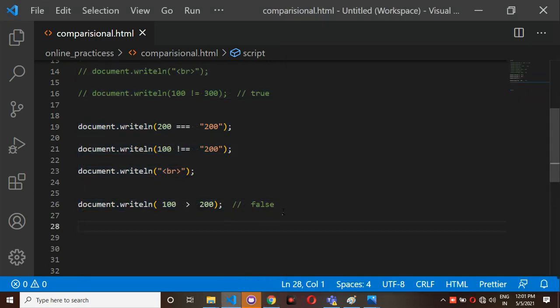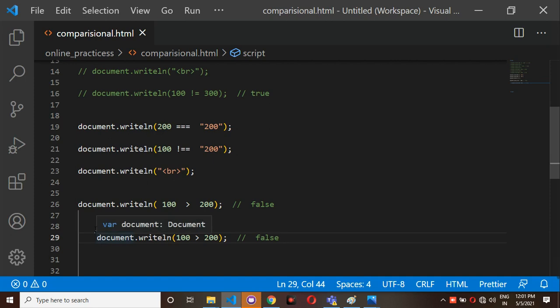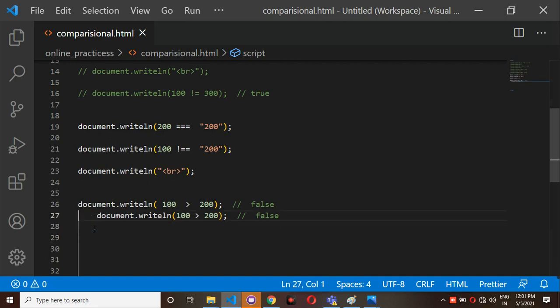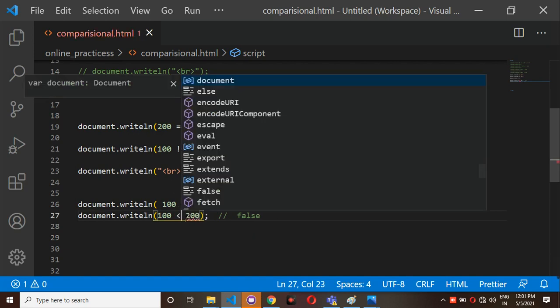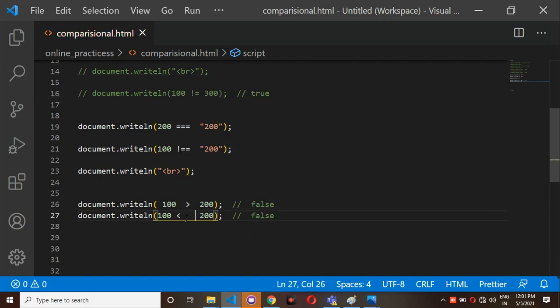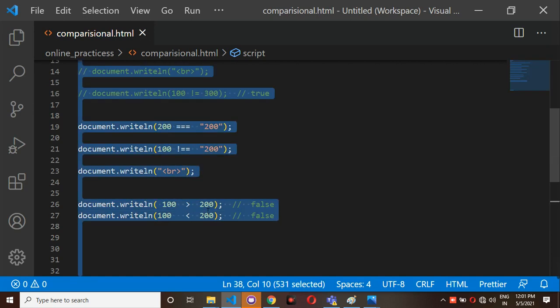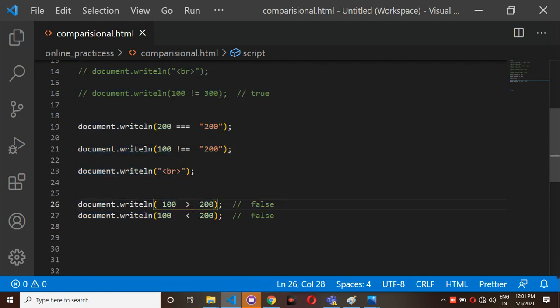For the second condition I am going to use the same values but a different operator. Observe here. This is a greater than operator, and this is a less than operator.